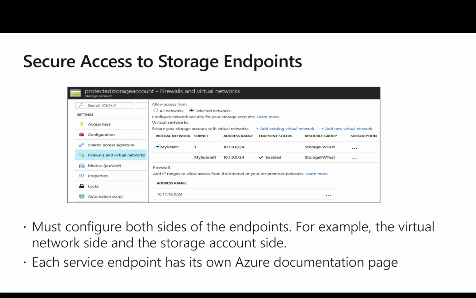If we take an example of Azure Storage Service Endpoint, we have to configure this service endpoint capability on both sides of the service. From the subnet side, we need to enable the service endpoint. In this case, we need to enable Azure Storage as the service endpoint from the subnet side. And coming to the storage account side, we need to specifically select the particular VNet and subnet to enable this service. So it should be on both sides,